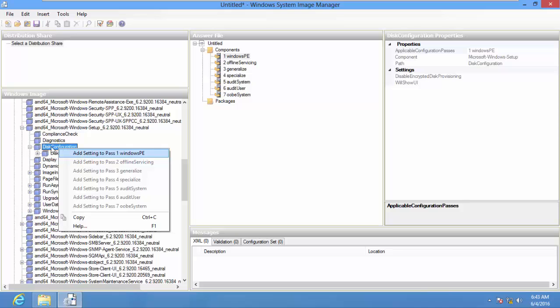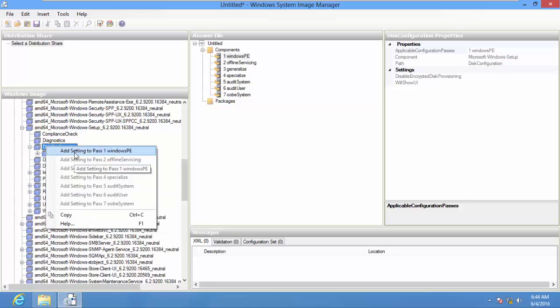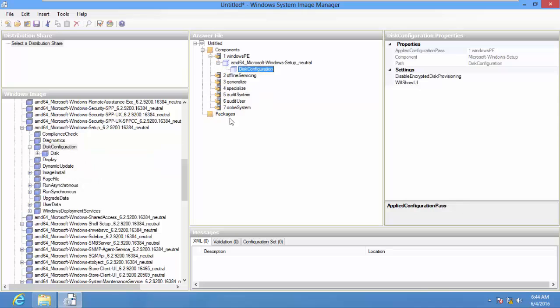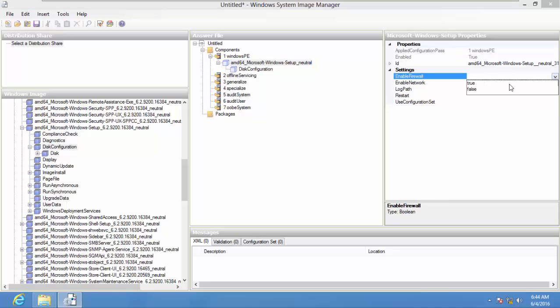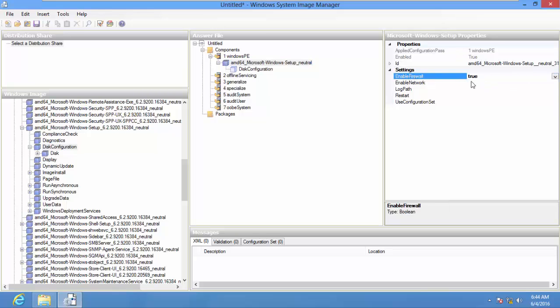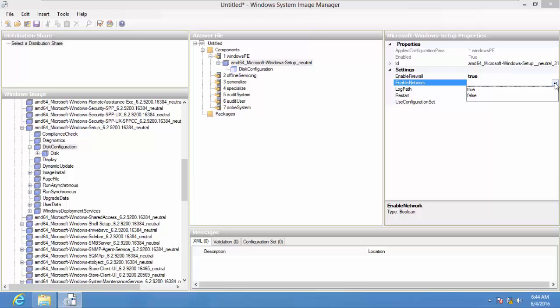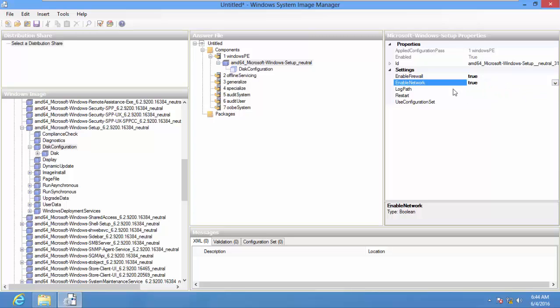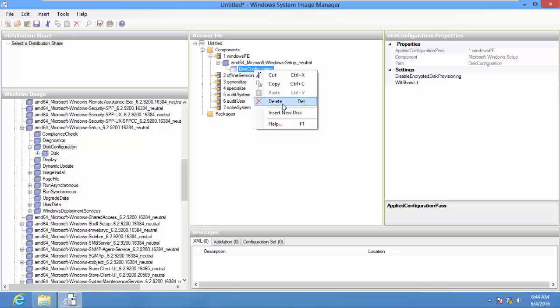Okay, I'm going to right click here and select add settings to pass 1 Windows PE, and then I'll come here and select this one, and then use as the option whether we want to enable our firewall. You can change it to true to accept that you want to enable your firewall, and then the network location you can set it to true, and then you can select this one over here and right click and then select insert new disk,